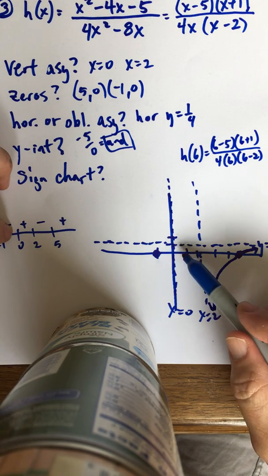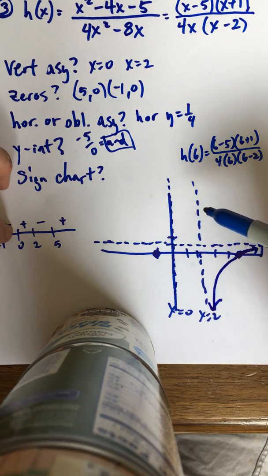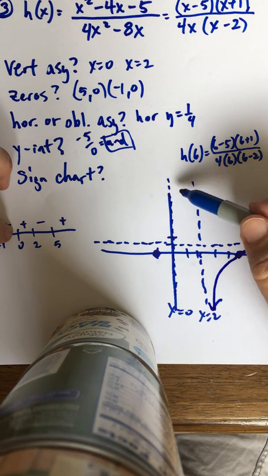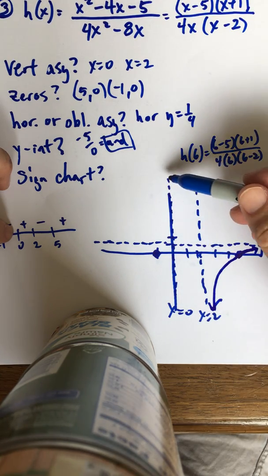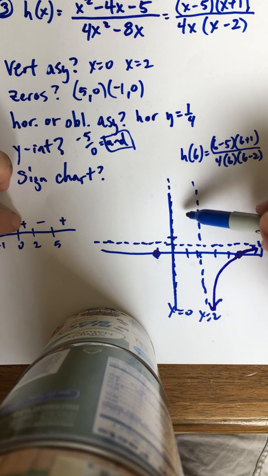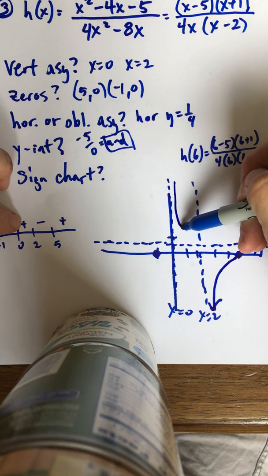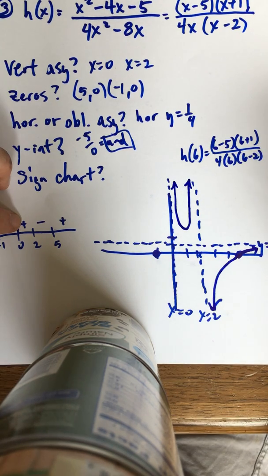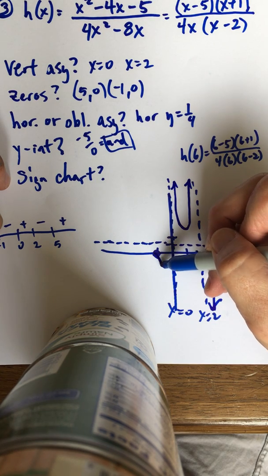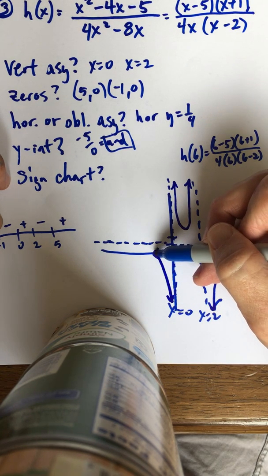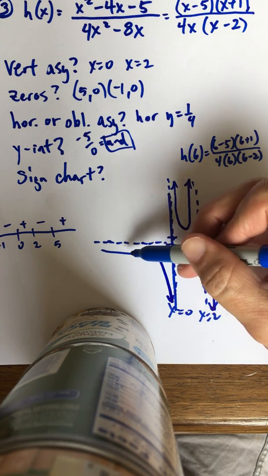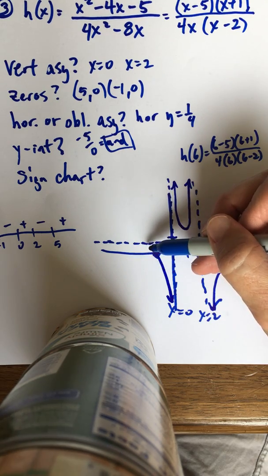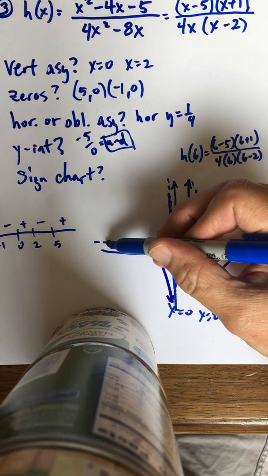Between 0 and 2, it's got 2 asymptotes. So it's going to have to hug that asymptote, all above the axis. It's going to look like a little skinny parabola stuck between those 2 asymptotes. Between 0 and negative 1, it's going to go down, hug the asymptote, and go through that point. And to the left of negative 1, it's going to be above the axis, still going through that point, hugging that